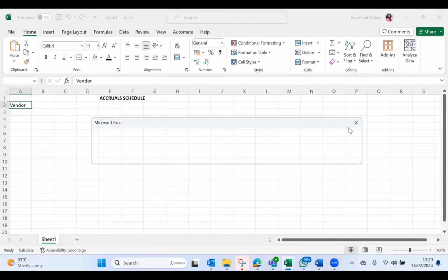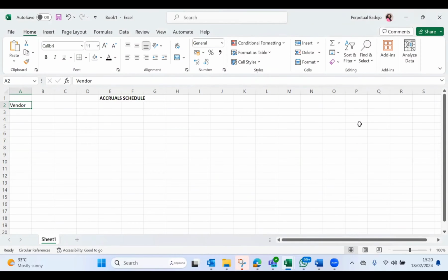You remember that in your balance sheet, your statement of financial position, you only have one line for your accruals. So there are different things that will go into your accruals. There are different expenses that will go into that liability account. So let's say